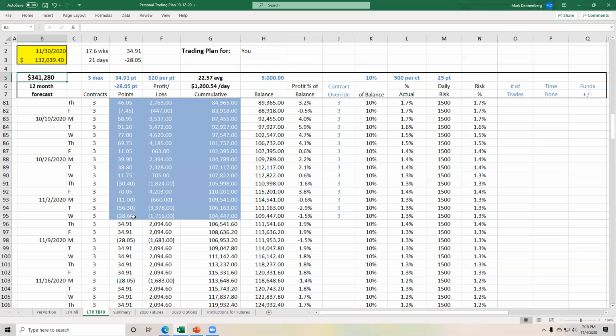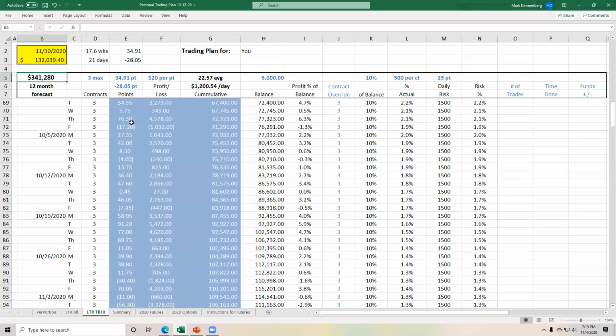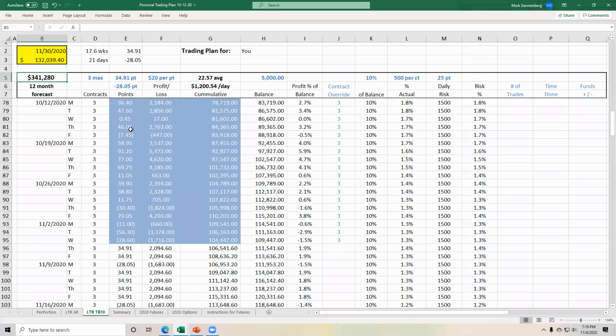We've had 3 losing days in a row, but you go back here and you look at all the series of big winning days that we had in a row. One small loss, other, the winning days. Don't get hung up, like I said, on a single day or even a series of days. It can be a little discouraging, but use your personal trading plan to go back and look at what your forecast is. And if $341,000 as an income forecast, having started with $5,000, does not meet your expectations,